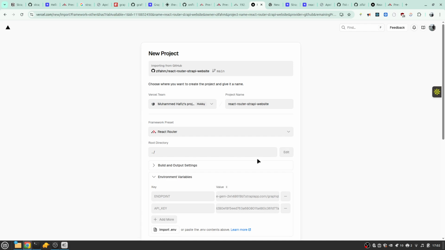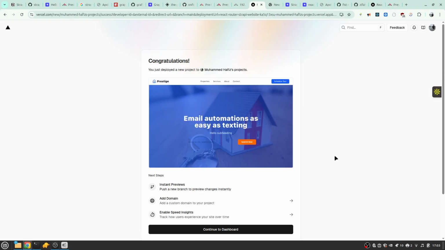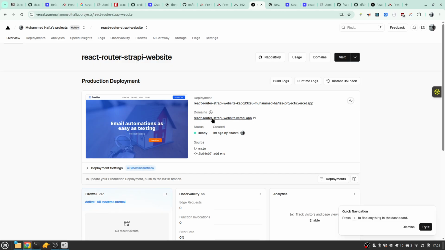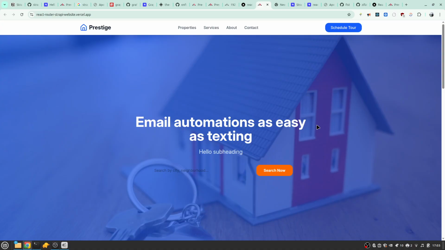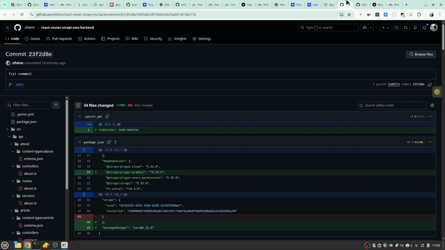I'll just come back once this starts working. I'm gonna pause here for now. Hi guys, so after pressing that button, this is what popped up. It says congratulations, easy email automation and easiest text. Continue to dashboard. Done. I'm just gonna click this and see if it's working. Email automation as easy. So this is the text that is coming from